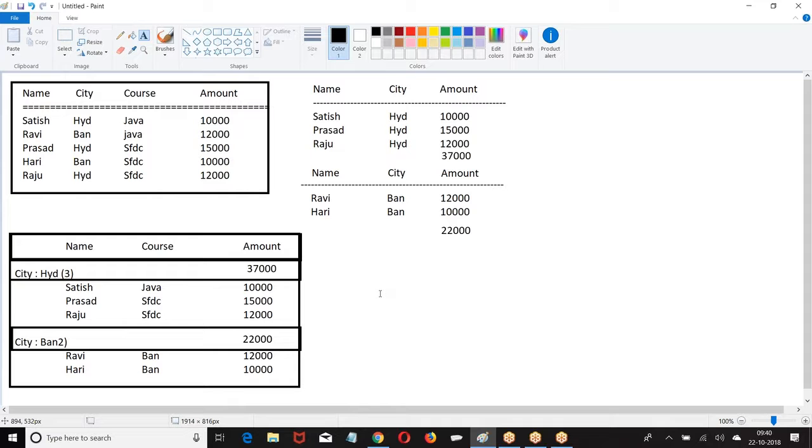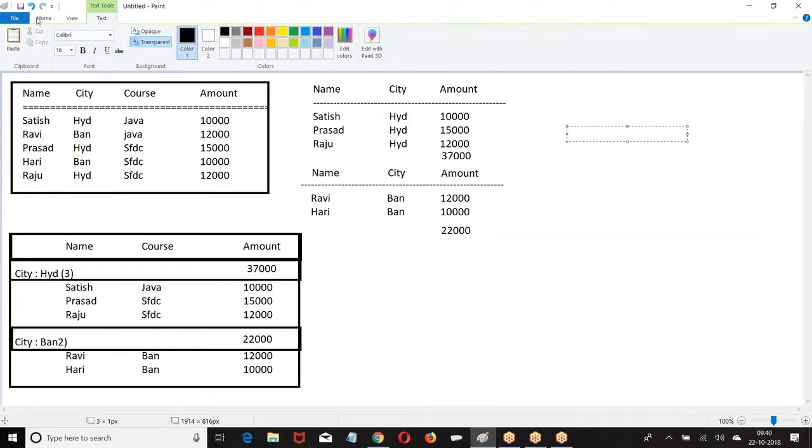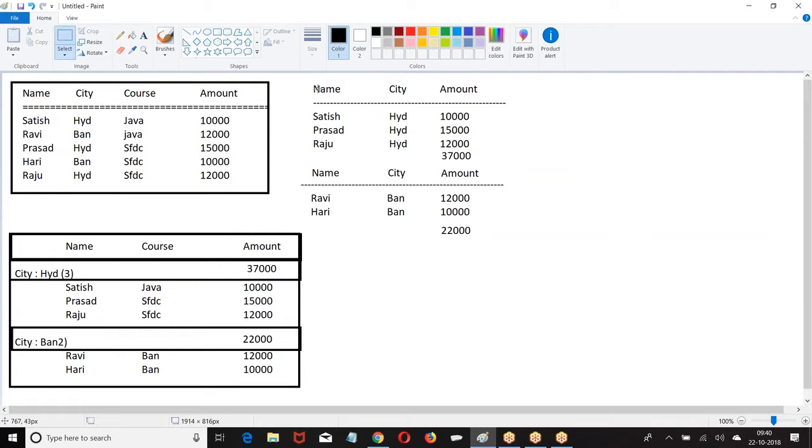So what was that called? Summary. Are you getting my point? It is a summary. Grouping the data based on a field and working. I hope you are good with this. Let us go to the next.